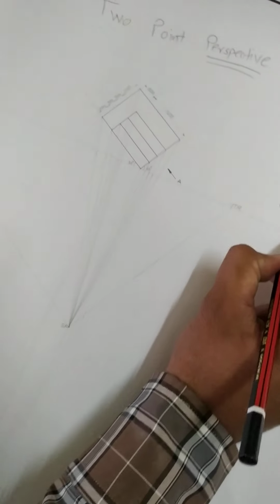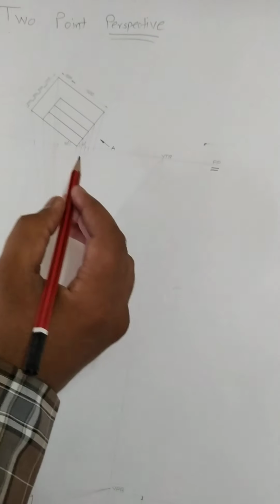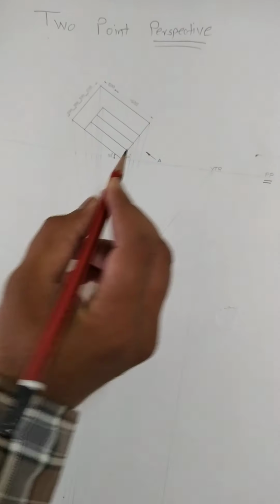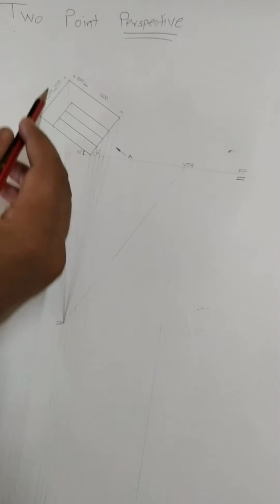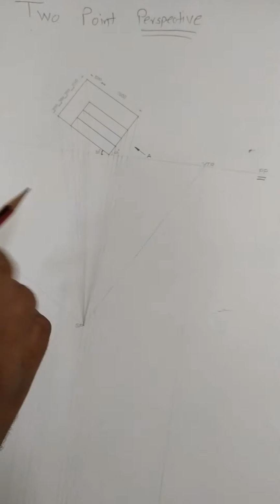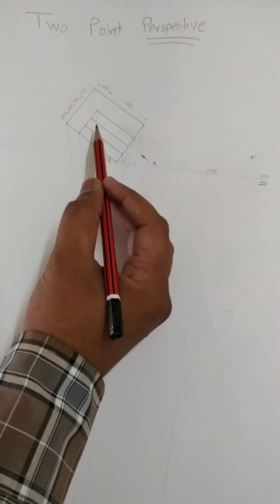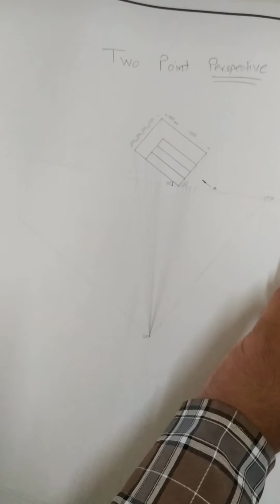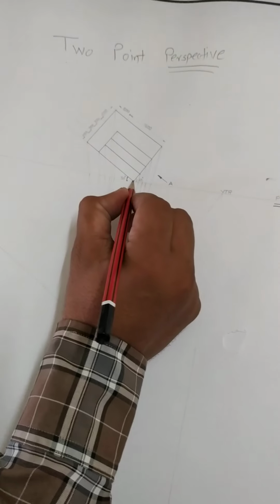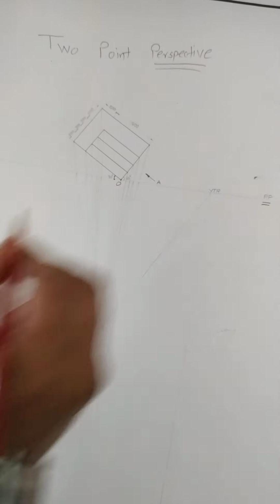So this is called the picture plane, and the object needs to be inclined 30 degrees to the picture plane, and it is drawn at an angle of 30 degrees to the picture plane. Okay, so this plan is already ready-made and given to you. You only have to draw the picture plane horizontal line, and you have to incline the plan on the picture plane, touching the picture plane at some point O.